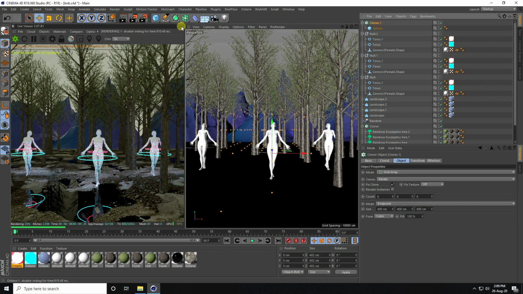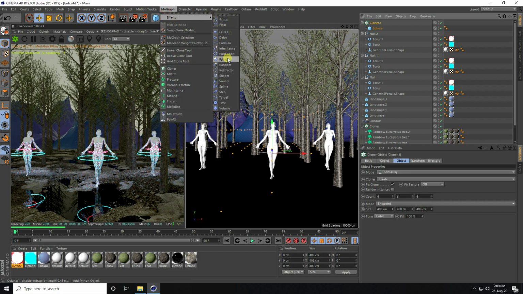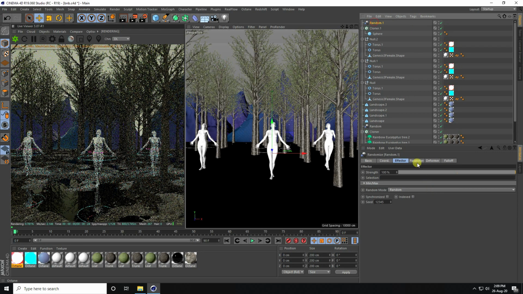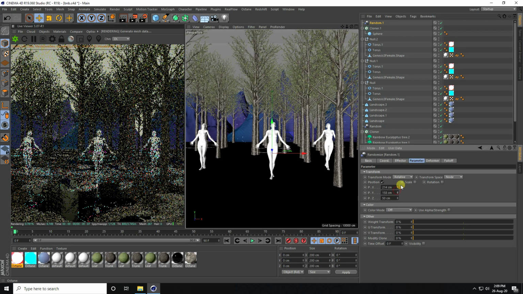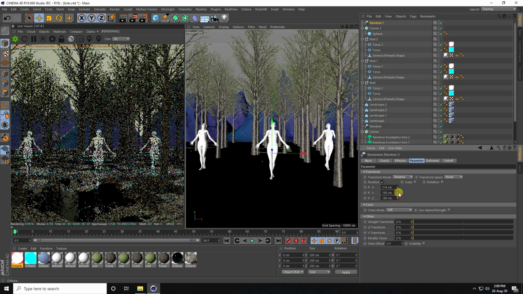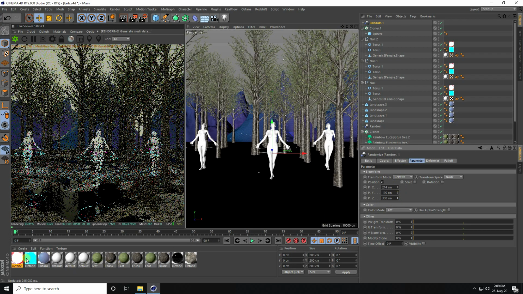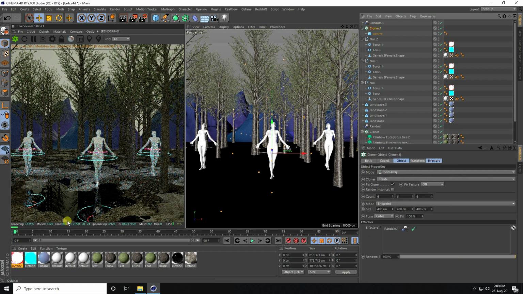Guys, all is good. This step I apply random effector tool. Yeah, and go to parameter. Guys, only change position. That's my like star. Yes, and apply blue material on cloner.